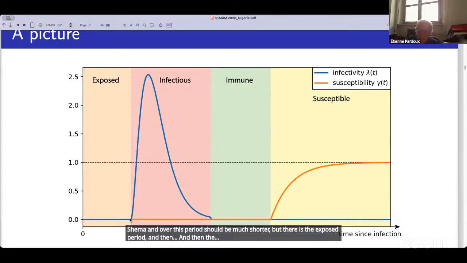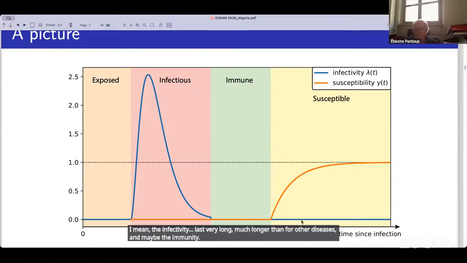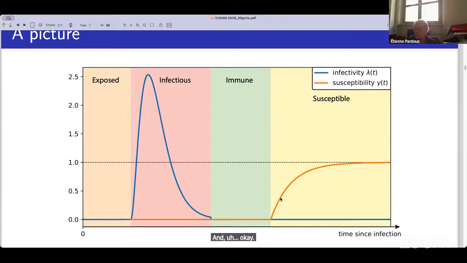I think intuitively that the infectivity rises more or less continuously, goes to a maximum, and probably decreases. Maybe this takes a very, very long time. And maybe in the case of malaria, the infectivity lasts much longer than for other diseases. And maybe the immunity could be, I don't know how long immunity is in that case. And now, of course, one